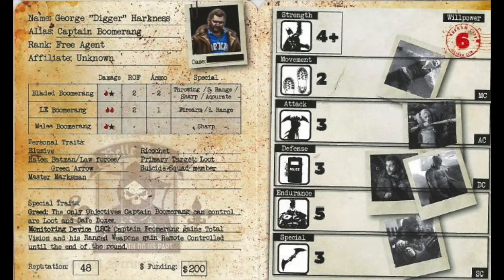So let's take a look at what weapons Captain Boomerang has. He has 3 types of boomerang. He has a bladed boomerang, a LE boomerang, and a melee boomerang. The bladed boomerang does 1 blood, 1 stun, has rate of fire 2, ammo 2. It's a throwing weapon, which means that if he moves, he doesn't lose rate of fire. It has short range, so only 20 centimeters. It's sharp, so it rerolls wounds, and it's accurate, which means that dodge and defense rolls have a -1 to their roll,